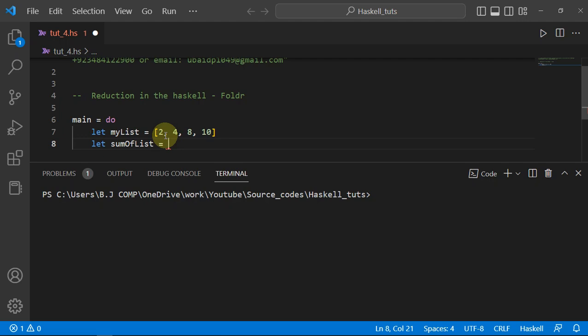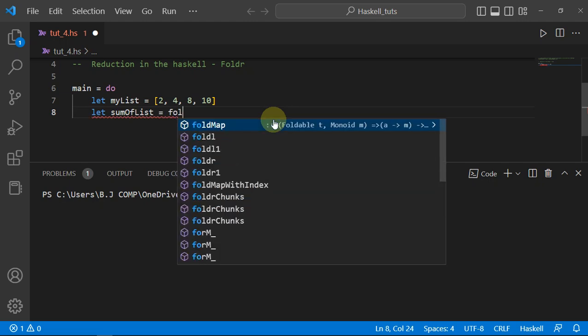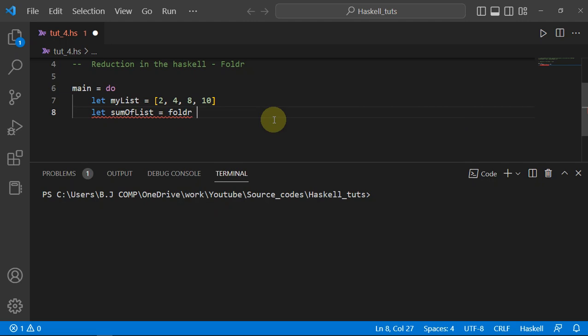because that's what the folding will do for us. It will take the first element, add it to the second one, then take their sum and add it to the third element, and so on. That's how the folding works. For this we will call foldr and give it an operator, which will of course be addition, and then a starting value, which will be 0, so 0 plus 2, and then I will pass in my list,